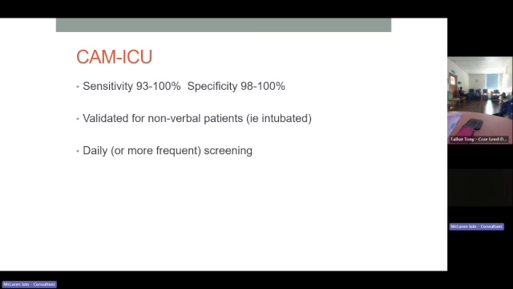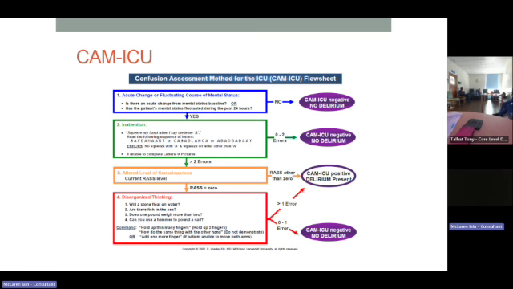The sensitivity of CAM-ICU is anything from 93 to 100%, and its specificity is about 98 to 100%, so pretty good. And it's been validated for use in patients who are non-verbal. Most of the other screening tools need the patient to be verbal in some way. The 4AT, for example, needs them to be able to interact verbally. The CAM-ICU doesn't. It is used daily, or can be done more frequently than that, and it can be easily administered at the bedside. So here is the CAM-ICU screening tool,